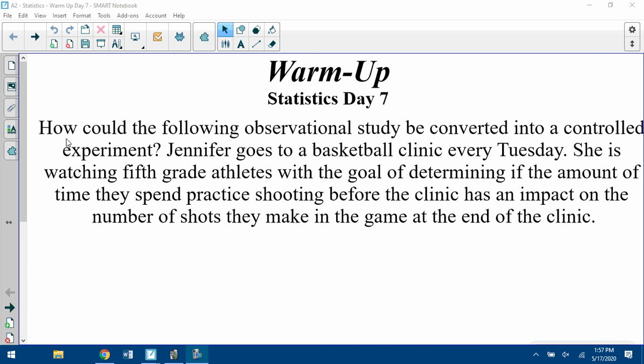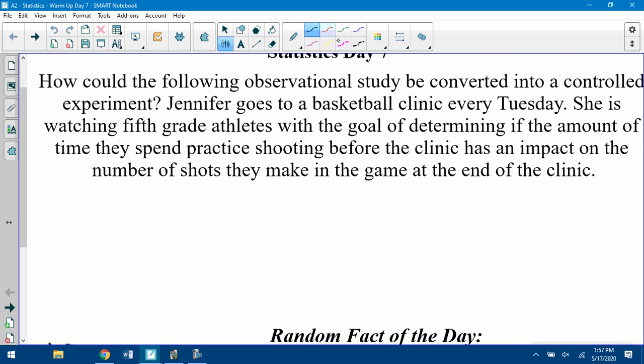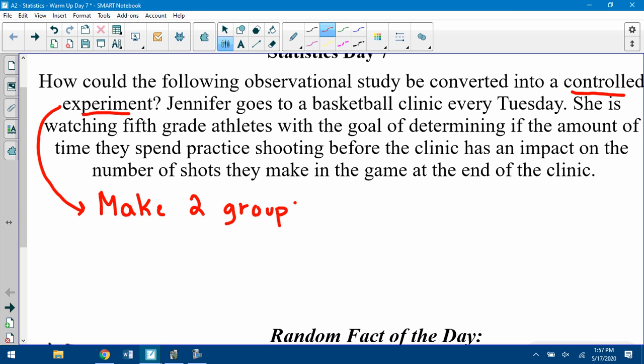All right, did you come up with anything? Okay, well, here's what I did. Anytime you see controlled experiment, I think, okay, that means there's probably got to be two groups. So make two groups. And how you make the groups is important in an experiment. So if they ever ask this on a test or something, you need to say, make two groups by randomly assigning